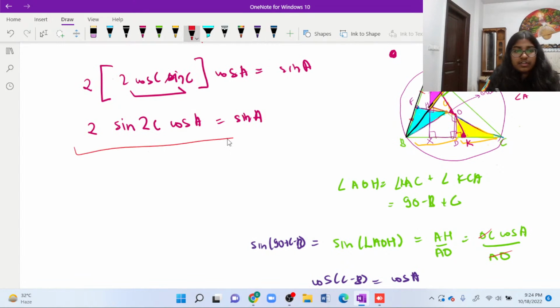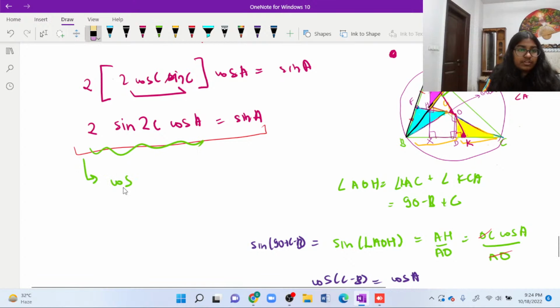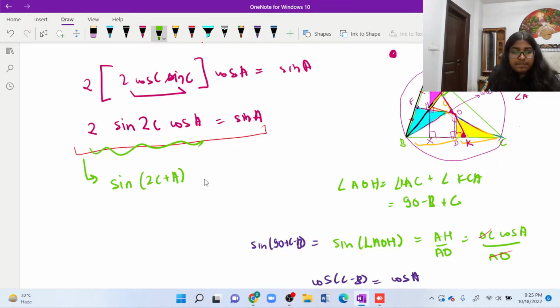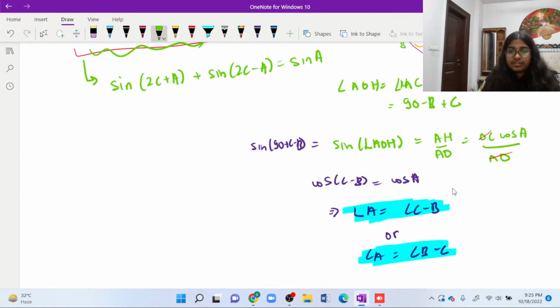So we have this, and from the product to sum formula, we remember that this side equals sine of 2C plus A plus sine of 2C minus A equals sine A. If we assume that the first case is true, then angle A equals C minus B, then 2C plus A is 3C minus B, and 2C minus A is B plus C in the first case. So sine of